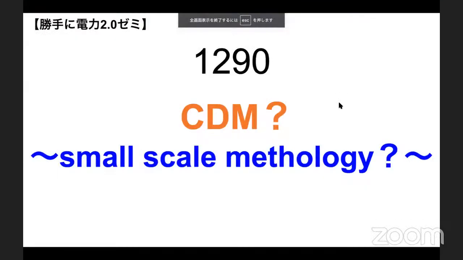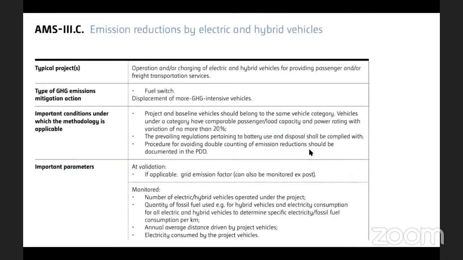どうも、勝手に電力2.0で始めたいと思います。今日1290回目というところで、このCDMの中でこのスモールスケールメソロジーってあるので、このあたり少し見ていこうかなと思っています。まずはこのAMS3Cのところで、Emission Reduction by Electric and Hybrid Vehicleということで、EVみたいなところのメソッドがあります。Typical Projectということで、Operation and or Charging of Electric and Hybrid Vehicle for providing passengers and or freight transportation services。Type of GHG Emissions Mitigation Actionということで、Fuel Switch、ガソリンから、化石燃料から Displacement of More GHG Intensive Vehicle、これはより脱炭素につながるビークルに変えると。